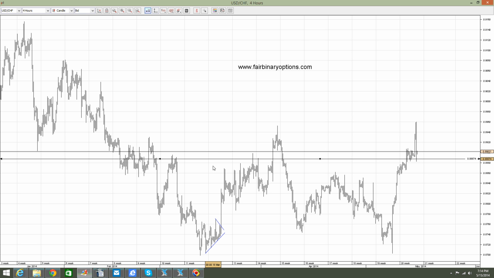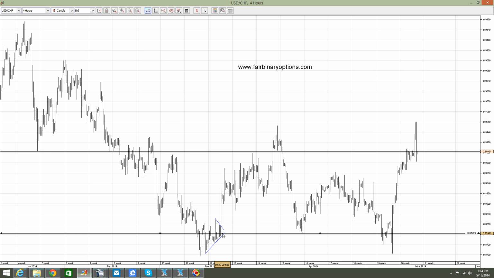So if you take a line and put it here like this, you are seeing that this was the decisive moment from where this corrective wave